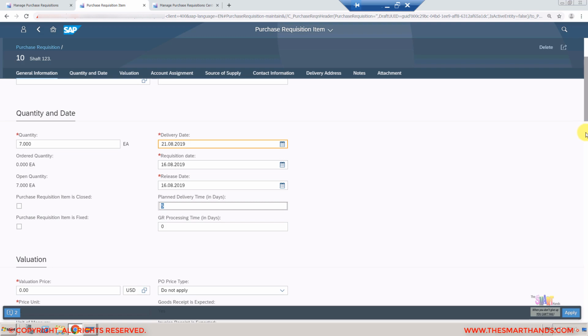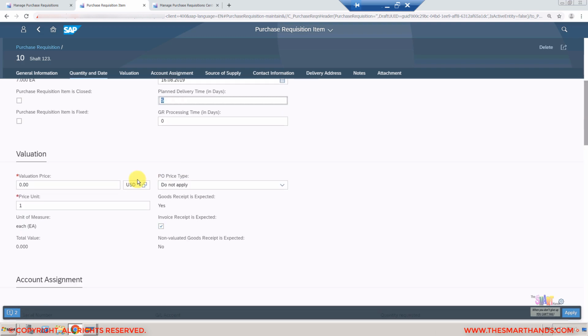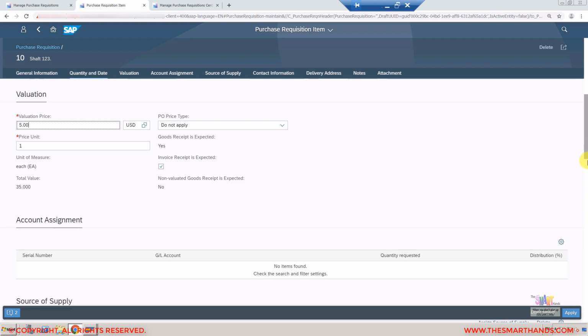And I can further scroll down. Valuation, I need to enter a price here. So for example, I can enter a price, say $5. Press enter, and then again I scroll down